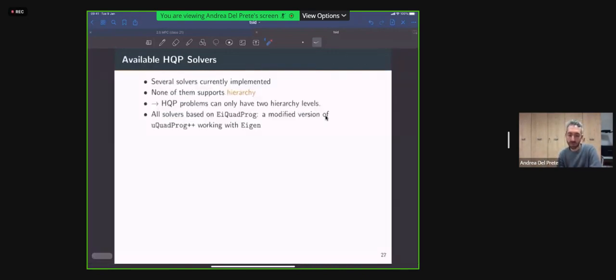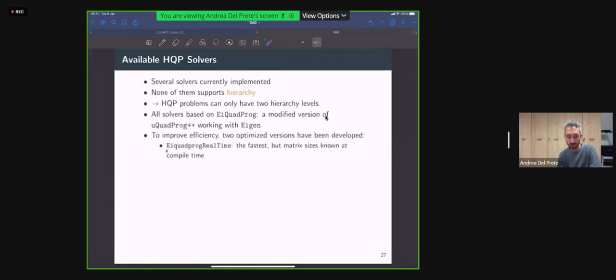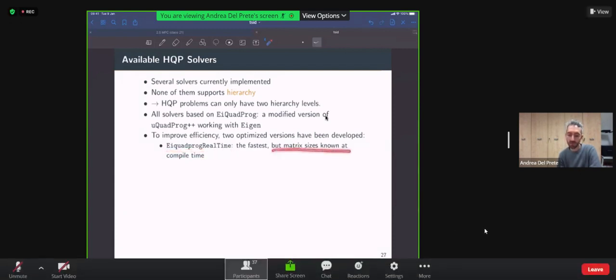All the solvers are based on A-quad-prog, which is a modified version of the solver U-quad-prog++ working with Eigen. To improve efficiency, we actually optimized this solver, creating two new versions. One is called A-quad-prog real-time, which is the fastest, but it only works when the matrix sizes are known at compile time, which might not always be the case.